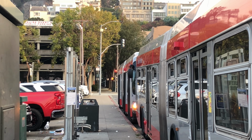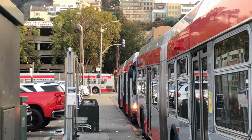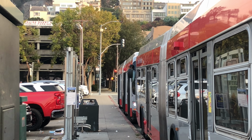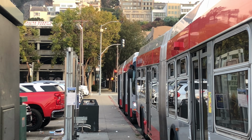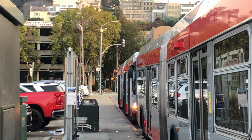Now, what's special about this bus stop is that this is one of the main bus lines that takes you right into the heart of Union Square, downtown area. So if you're staying at the Union Square hotels, after your adventure off the Embarcadero or in Fisherman's Wharf, which we're pretty much next to, you can come right here and take the bus right back into Union